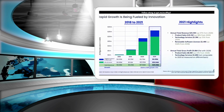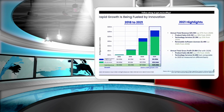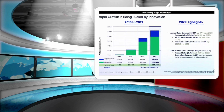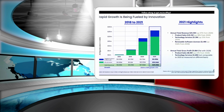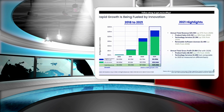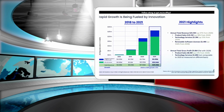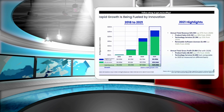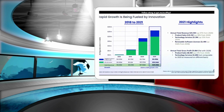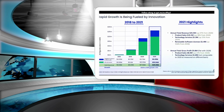Rapid growth is being fueled by innovation. If you look at 2021, the highlight for the year was that our revenues were up 47% over 2020. We clocked in at 25.9 million. And if you look at our digital products and services, 6.6 million, e-commerce